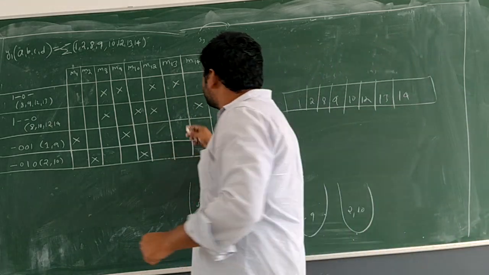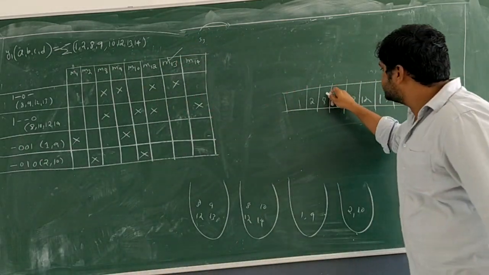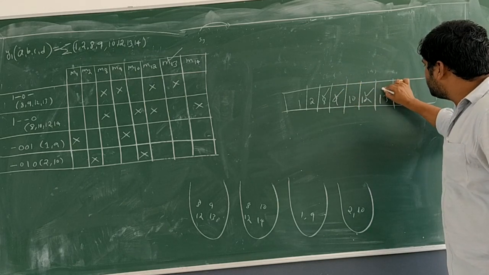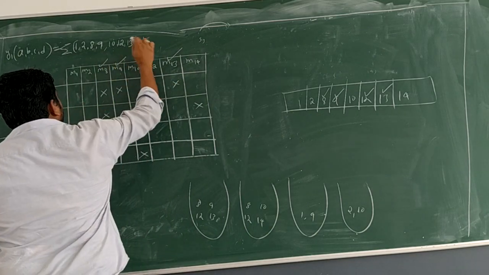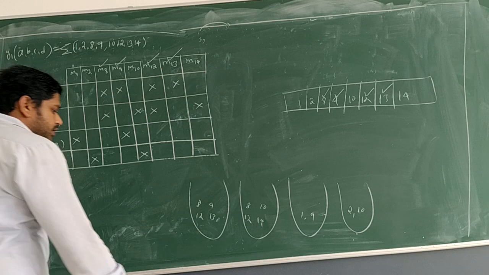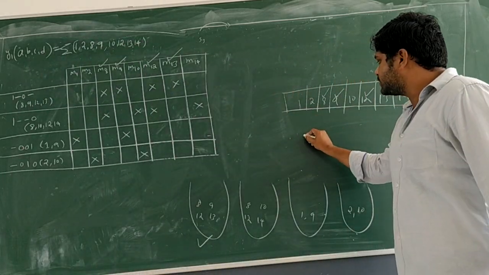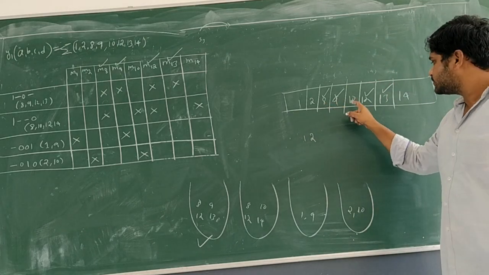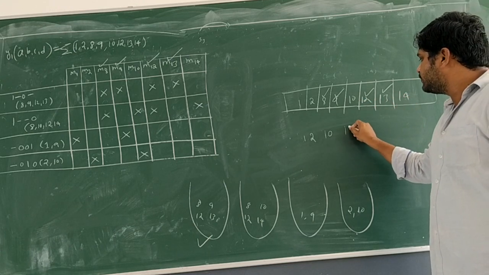Okay, so what I will do is I will select the first bag. So what will I get from it? I will get 8, 9, 12, 13. I will put a plus mark. 8, 9, 12, 13. Okay. After you have selected the first bag, what is your new requirement? New requirement 1, 2. Already you have 8, 9. So you are left with 10. You are left with 14. See.